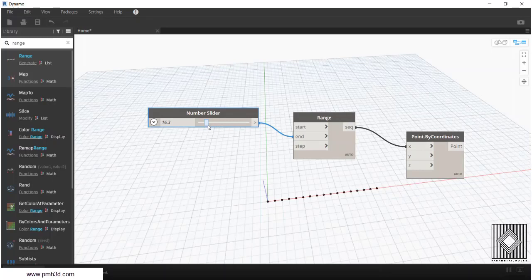And by default, Dynamo is similar to Grasshopper by running this at the same time you're changing the numbers. So if you just want to make it a little bit faster, you can go to here and change the automatic to manual and change those numbers and then hit run. So you can see the results after you hit the run command if you want to make it fast, because